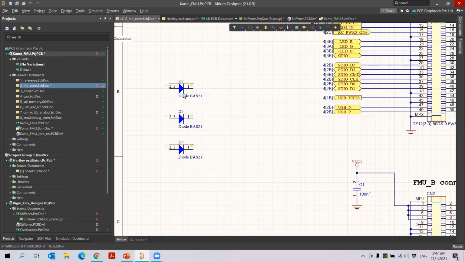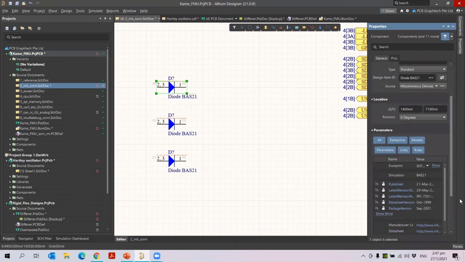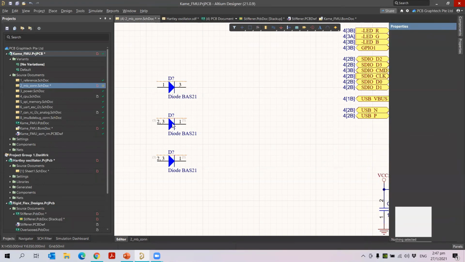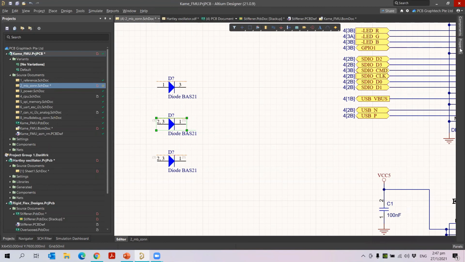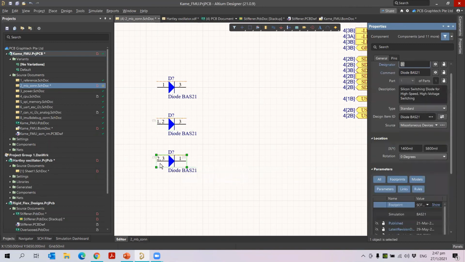Once aligned, when I double click on the component and go to the properties panel, you will see the footprints here. It has three different footprints. If I want to change the footprint, I can choose it here. When I click to change, the pin mapping automatically changes. Again, if I choose the second one, in the same way, go to the properties panel and choose some other footprint. It will change with the mapping. You can see the mapping here: 1 and 2 are mapped to pin 1 and the third pin is on the output side. I do the same for the last one. It is already 2, 3, comma, and the output is pin 1.